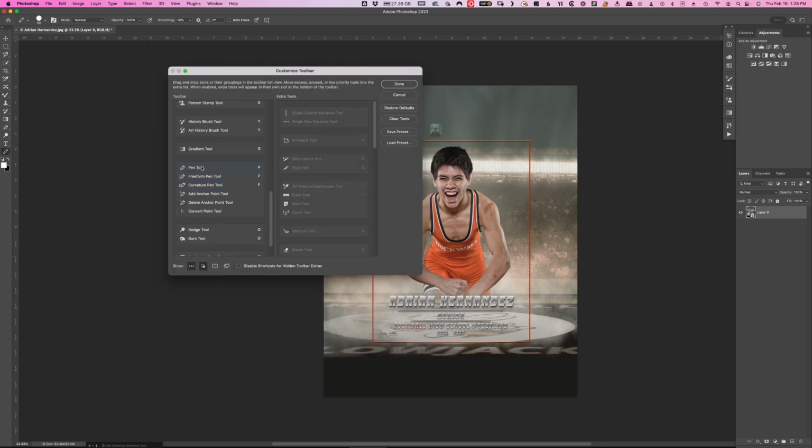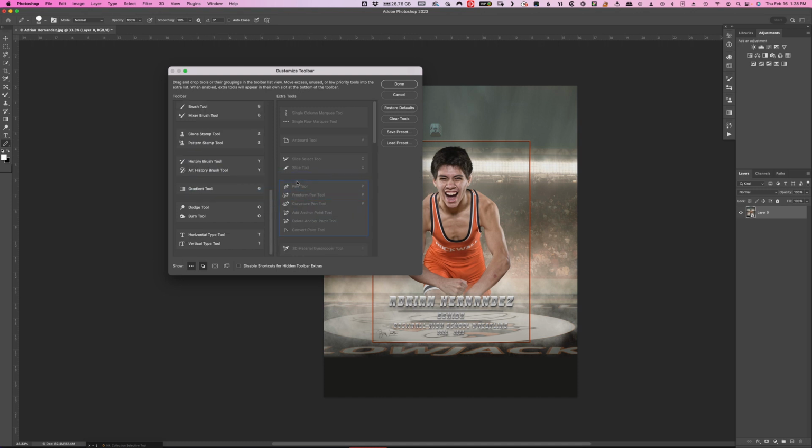Now I didn't show you this earlier, but you can move an entire group. If you hover over until the entire blue box covers the entire group, then you can click and drag the entire box over here. So it's basically just anywhere around the edge until it turns into the entire blue box around the entire group, and then you can move it over. So now that would take care of, I'm not going to move anything else, I just want to show you that example. So now I would save this preset